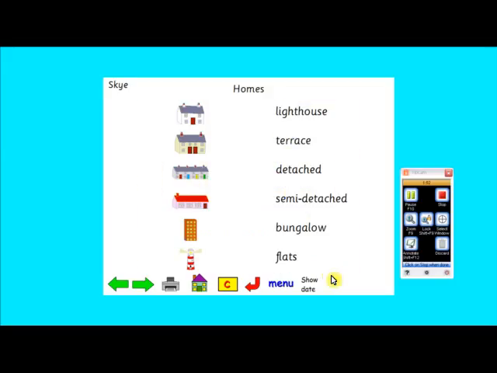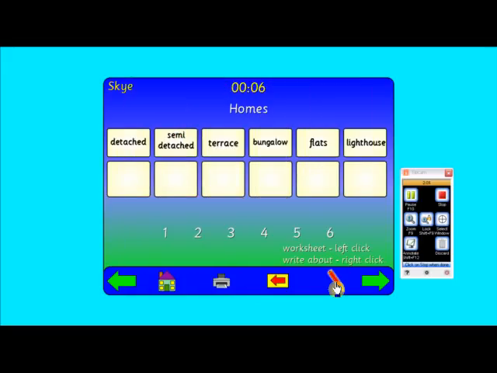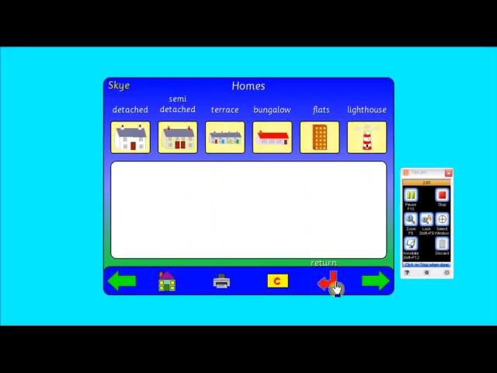Left click to open the worksheet, and here we are. We can show the date, and we can put the words in the correct places and match up with the homes, or we can return there, and we can do a right click, and in this case we open